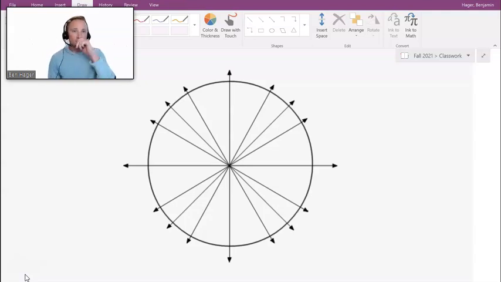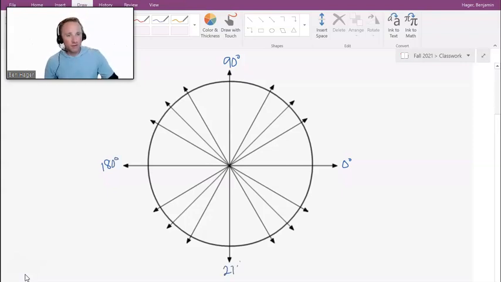Right now we're just going to focus on filling out the degree angle measurements for our common angles on the unit circle. I'm going to begin by putting in what we call the quadrantal angles, the angles that appear on the x or y axes, and I think we're fairly familiar with these. So let me just add them in and we'll talk about how to get these other angles. 0 degrees, 90 degrees, 180 degrees, and 270 degrees.